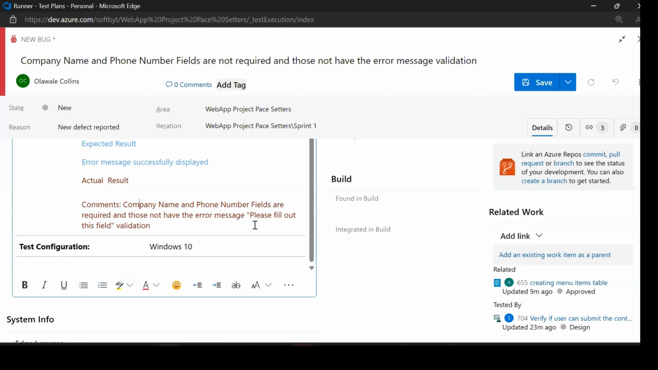You can just demonstrate here, you assigned it to Olawole, Collins. Based on the scenario we created that we're working on, in our scenario Olawole is the developer, so that's why I'm assigning it. But like I said, in some organizations they don't want you to assign the bug